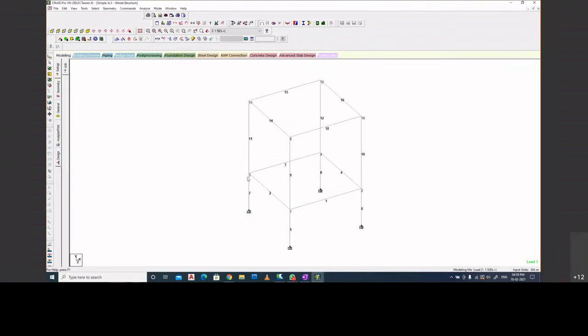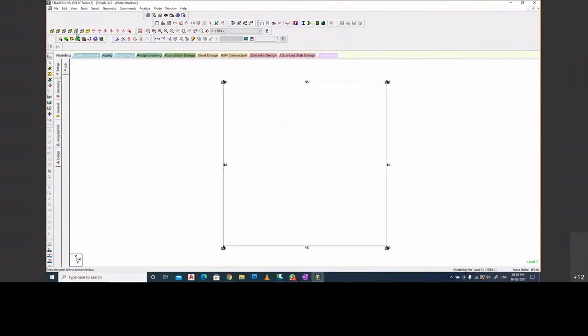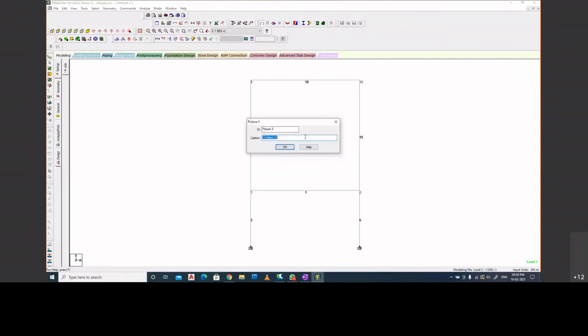The rear frame we had taken 7, 11, 15, 12. Now what we can do is come to the top view again and take the front view. Take a snapshot of it and name it as front numbers member.